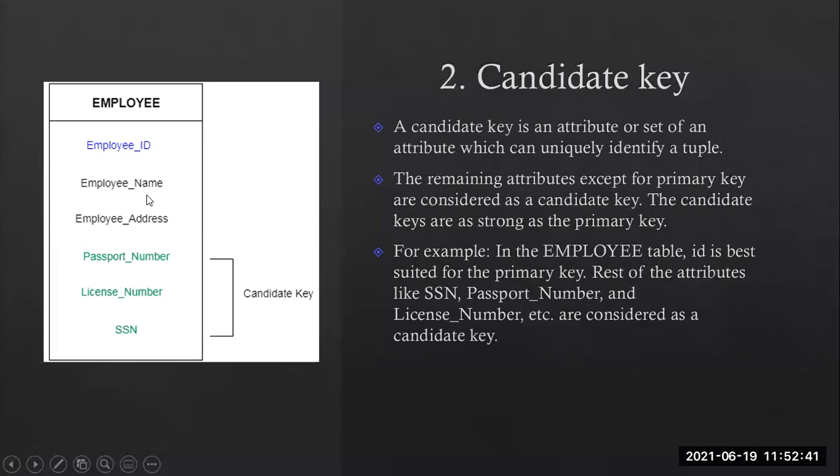Why? Employee name cannot be the candidate key here. Sai Prakash can be n number of Sai Prakashes. Shruti can be n number of Shrutis here. But when you think about the passport number, license number, social security number, they can be candidate keys. Why? This is also similar to the primary key, but we have mentioned employee ID as the primary key first. So other attributes which have unique values can be the candidate keys. Are you people getting it?